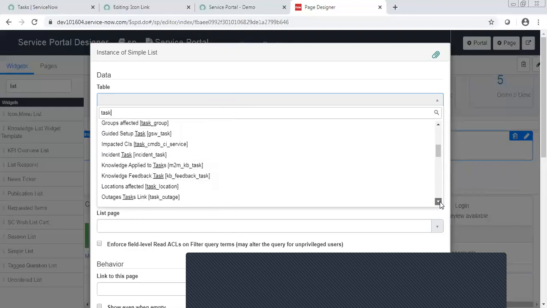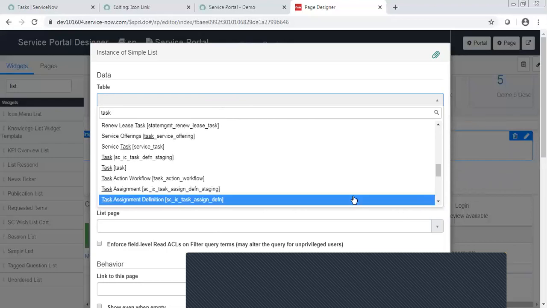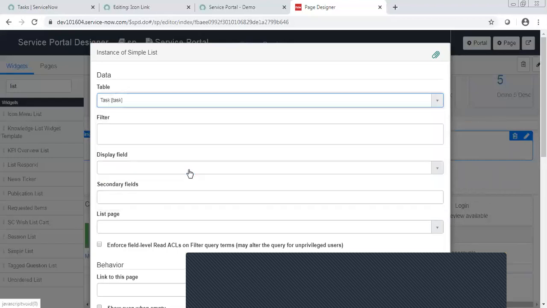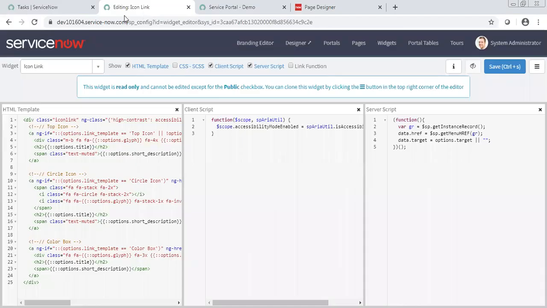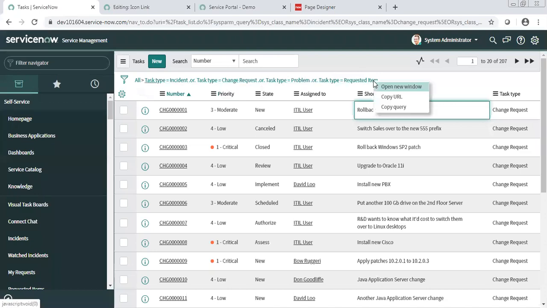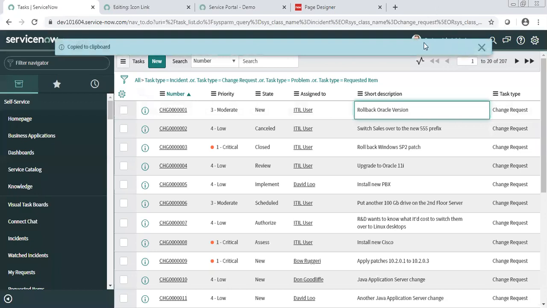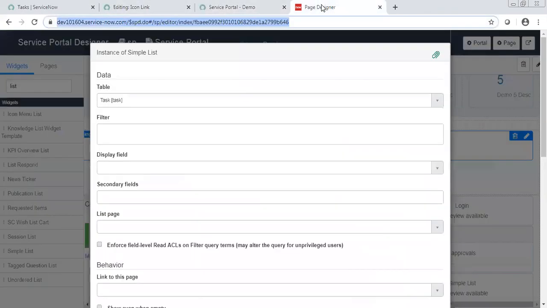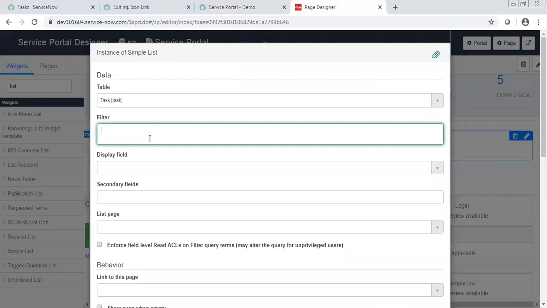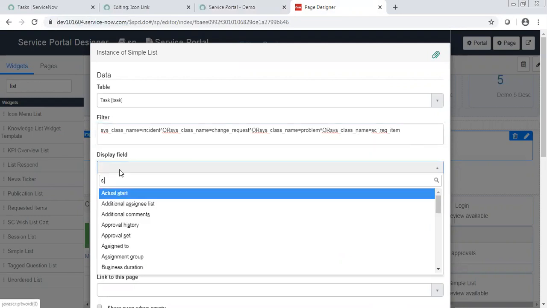So you can reuse a widget multiple times. This is a very good concept in service portal, which gives you flexibility even if you don't know much scripting in the portal. Kind of 50% of your work will be done using these. Most of the time, what you get from the client is, I just want to show these records in the widget, I just want to see some report, something like that. So you will be able to use these things.